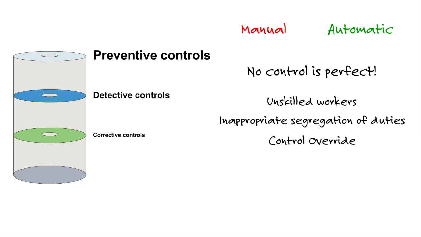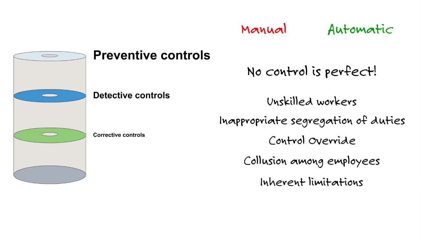The one that always gives an auditor pause, collusion. Even with good segregation of duties, what if two people in two disparate areas decide to work together to commit a fraud? And finally, the inherent limitations. Part of internal control is understanding it's not perfect. And you have to understand that when you look at internal control, that no matter how well designed or how many you may have in place, it's not 100% guaranteed.